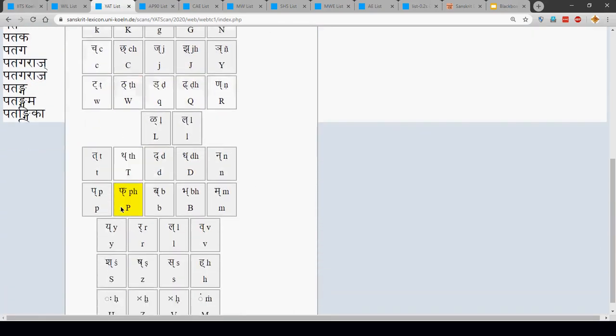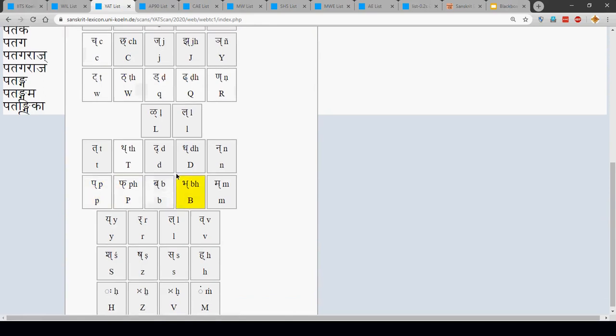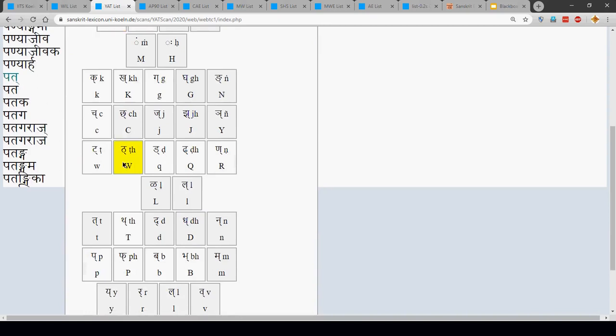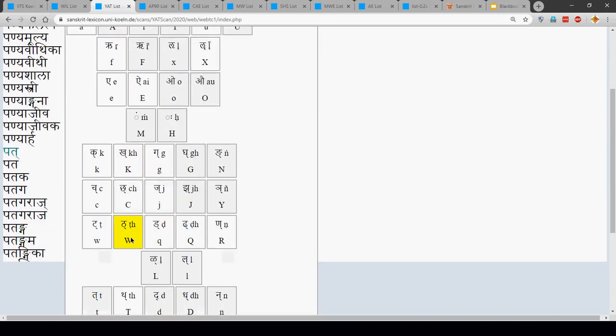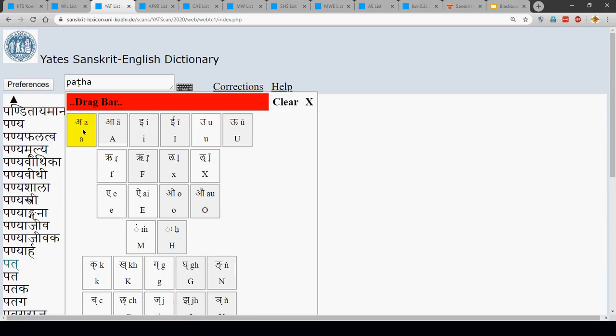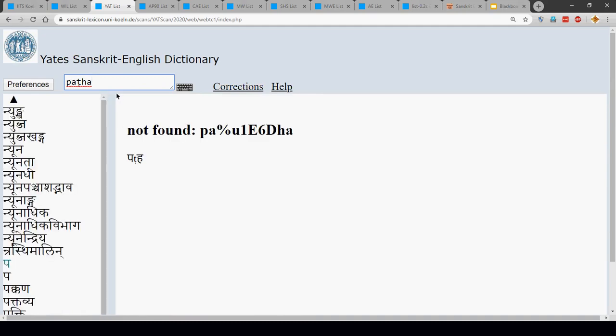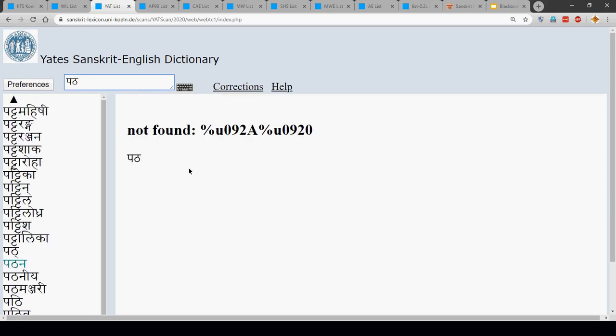So to type Patha, I have to first type the key P, A, and then I have to type uppercase W, and then again A. That is what it shows. Also not sure. So let me change the input to Devanagari again, and then it doesn't find Patha, because if you look up on the side here on the list here,